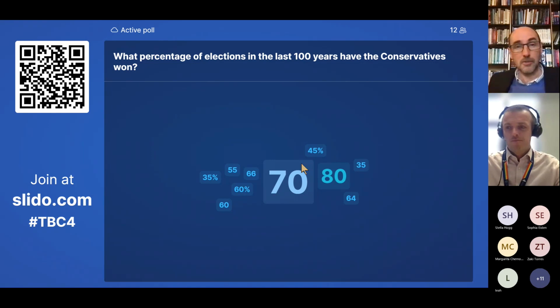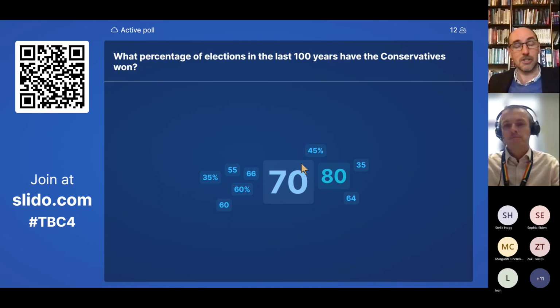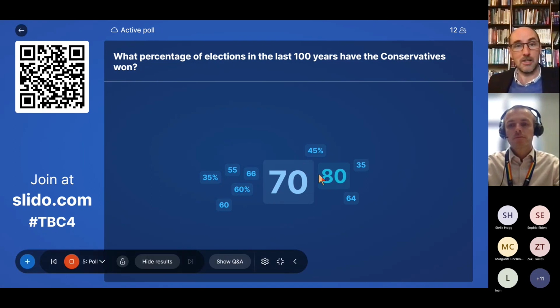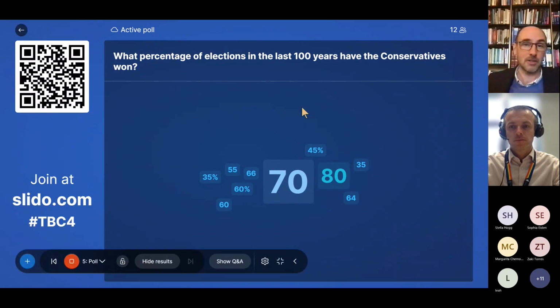Now, that means that the percentage of times the Conservatives have won is slightly larger than the percentage of times the government has won. And one of the things I'm going to be looking at and discussing towards the end of my talk is the extent to which we can reconcile those. Is this a story of Conservatives tend to form the government and Conservatives tend to win? Or is it a story of governments tending to win and some accidents that just mean that the Conservatives have ended up winning more often?